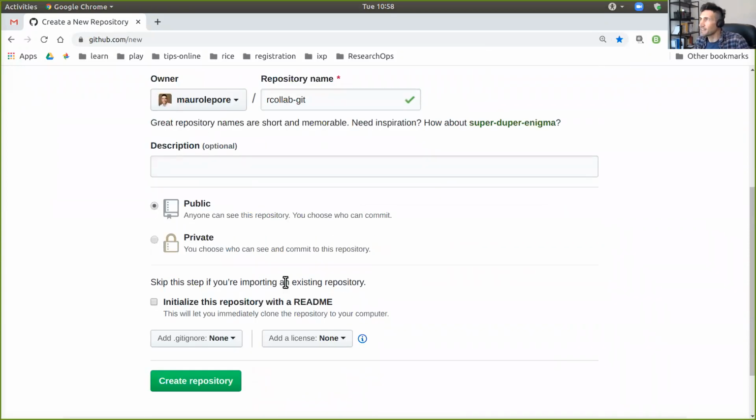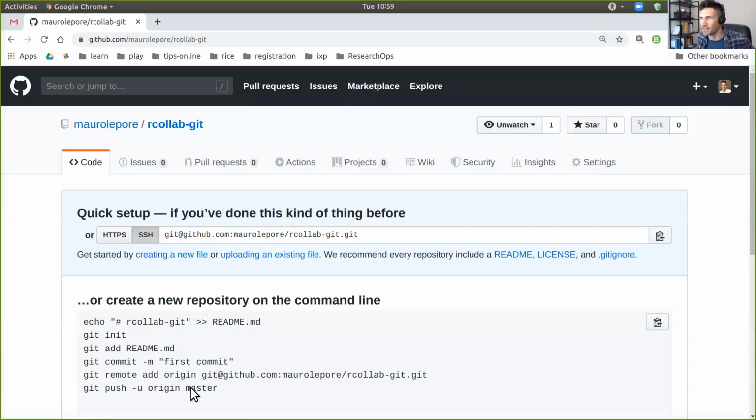I think that the settings here look good to me. I want this repo to be public, and I don't want to add anything else. So I would be ready to click Create Repository. Is that okay, John? Is that what you think makes sense? Perfect. So then I will go ahead and click the green button. GitHub, if you didn't notice so far, specializes in big green buttons that tell you, yes, that's the right next thing to do. So we land on this